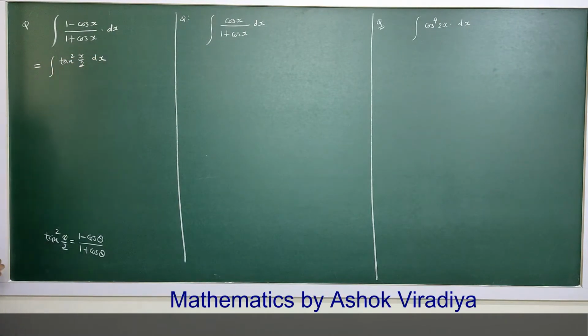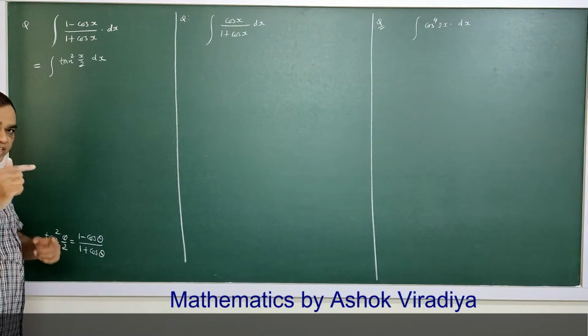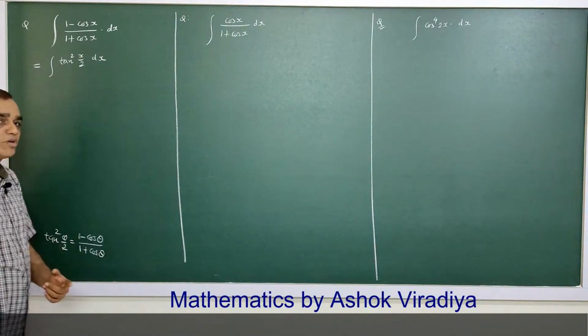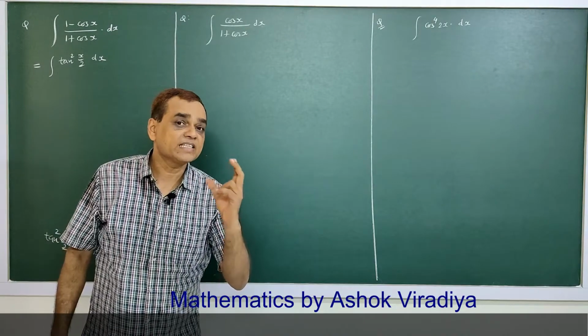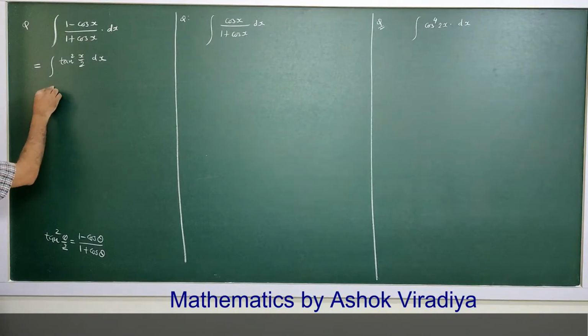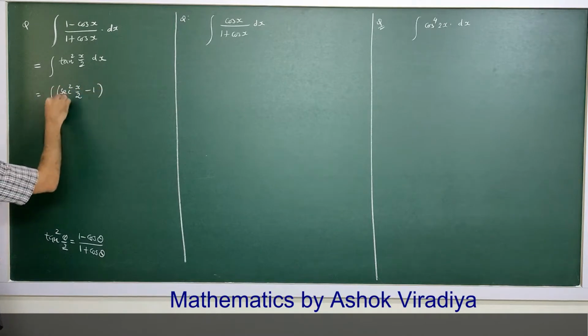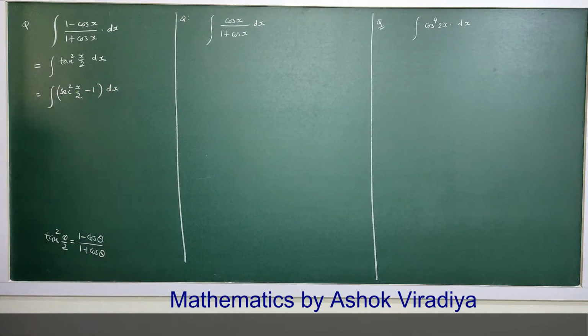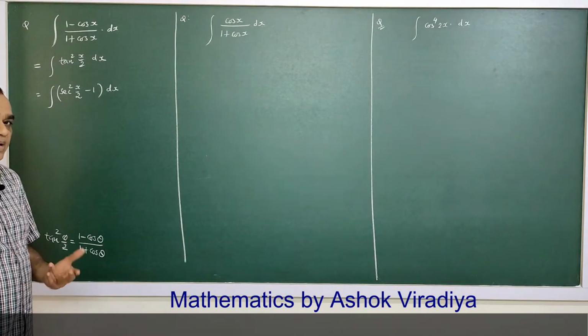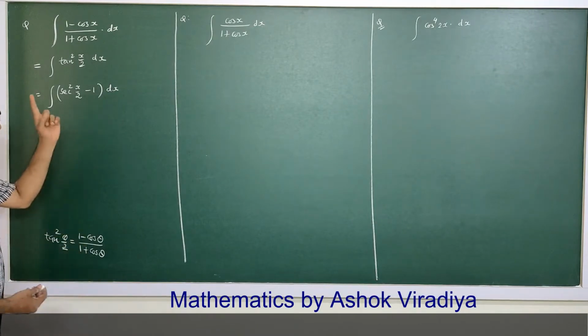Now as I told, when a tan square is obtained, integral of tan square, so convert into sec square, because in the list of formula we don't have formula to integrate a tan square. So replace tan square by sec square minus 1. So tan square theta is sec square theta minus 1. Wherever in integration, if you get tan square, put sec square minus 1. If you get cot square, put cosec square minus 1. Now this is integrable.